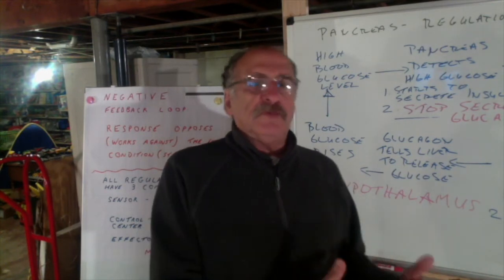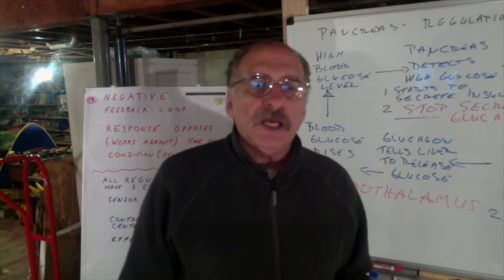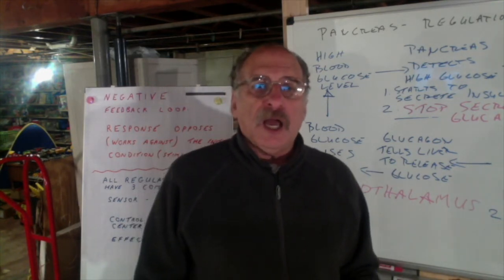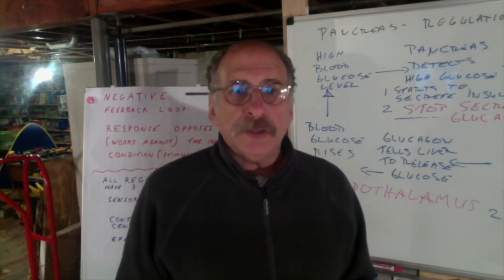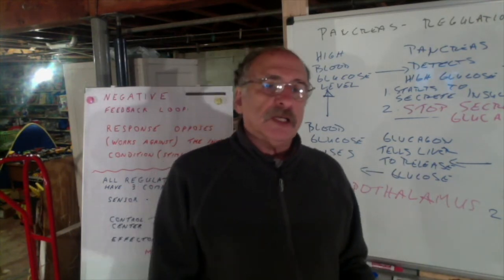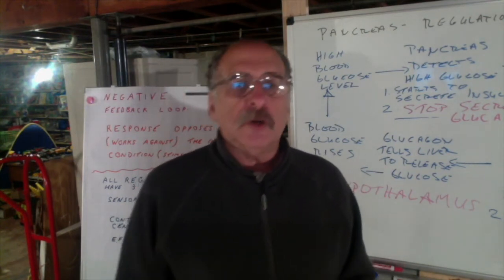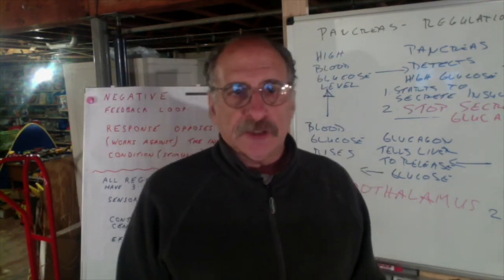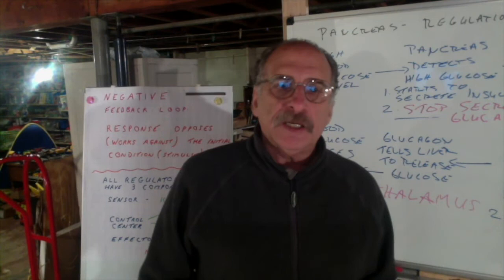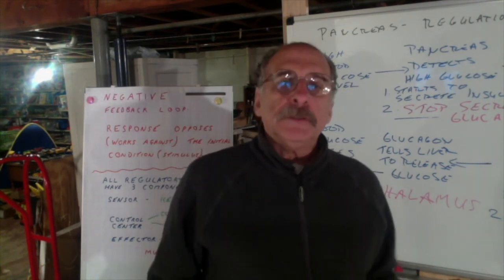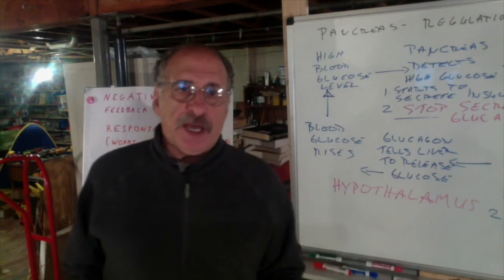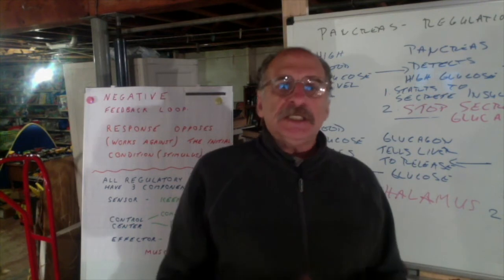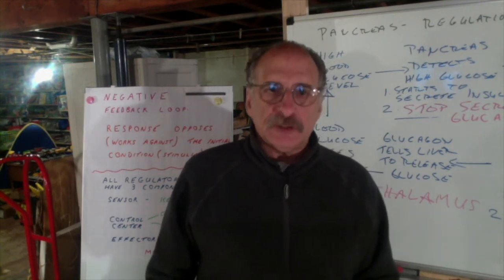So if a man asks a woman if she wants to go out on Friday night, and she says, no, thank you, I don't want to go out with you on Friday night, I have to wash my hair, and you can bet that if you ever ask me out again, I will also have to wash my hair. So please don't ask, and it'd be nice if I could never see you again, as it is. She's giving the man feedback. She's giving him information. Now, in that case, it's negative feedback, because what makes it negative is that it works against the initial condition or the initial stimulus.